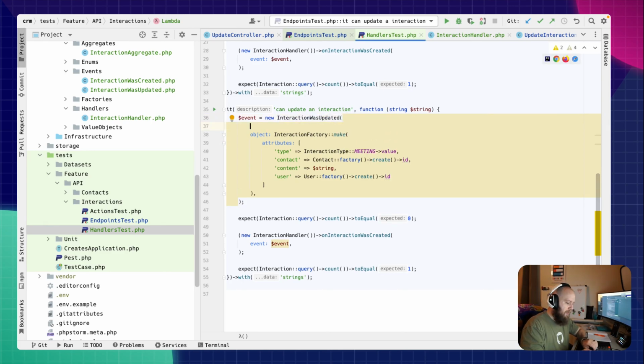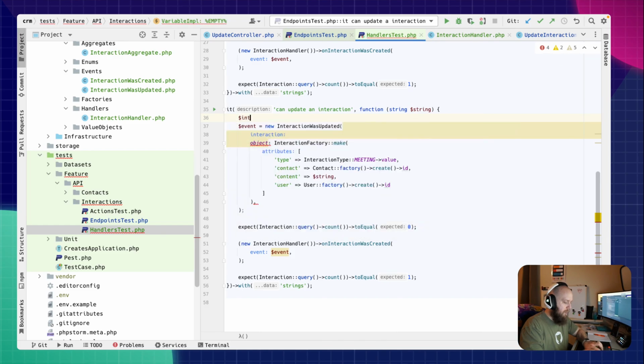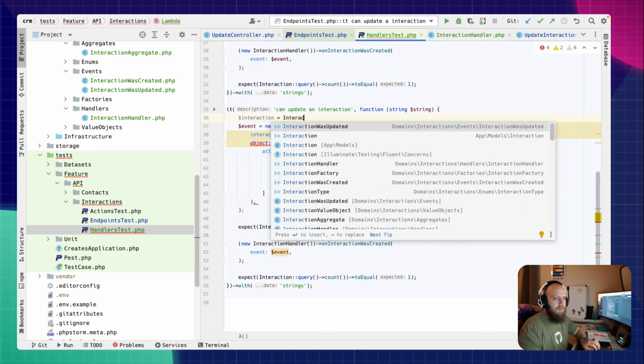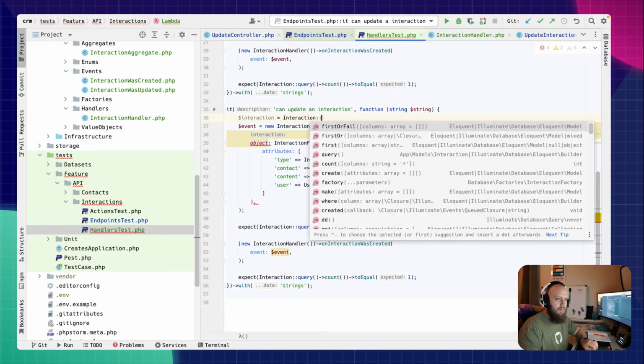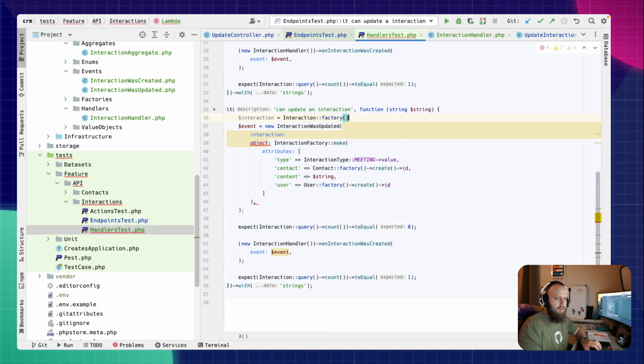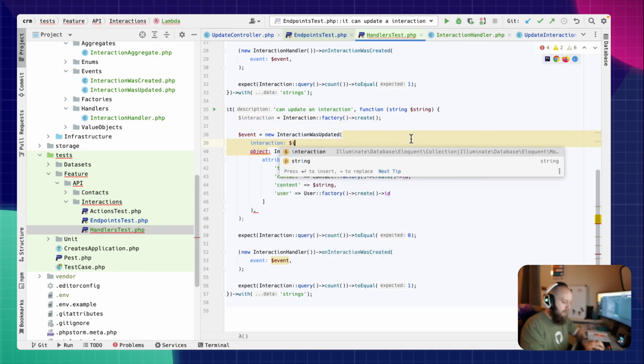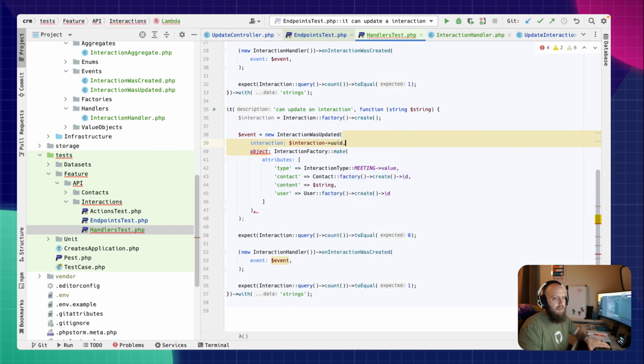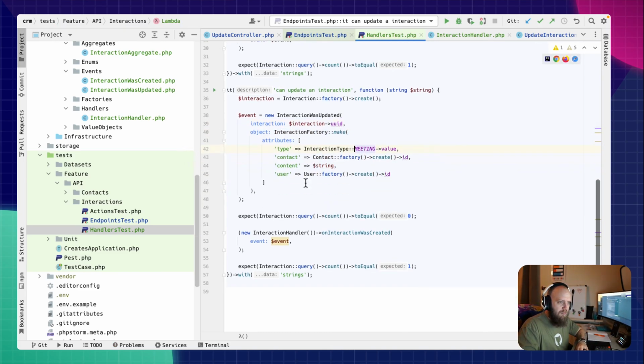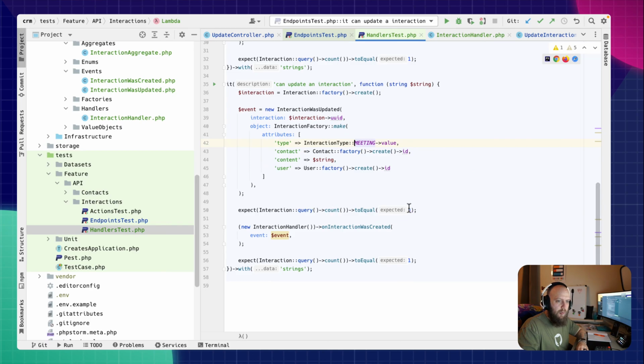There's the object. The interaction, which is the one we will need to create before, is going to be interaction factory create. Grab that UUID, then we can pass through the object, update it with the string. We expect there to